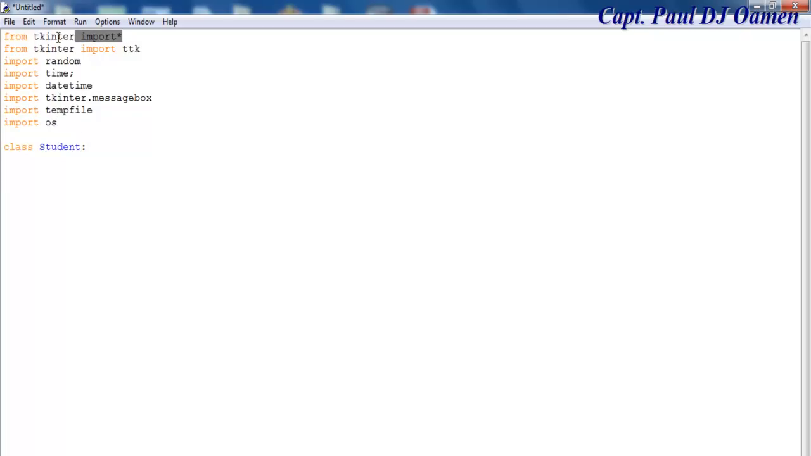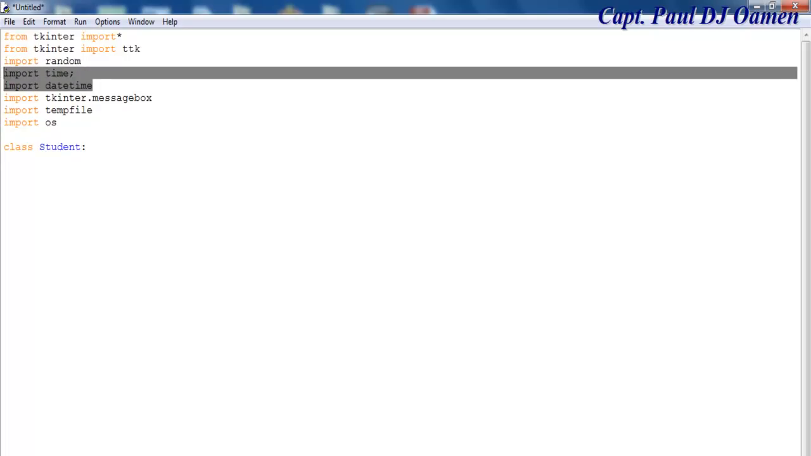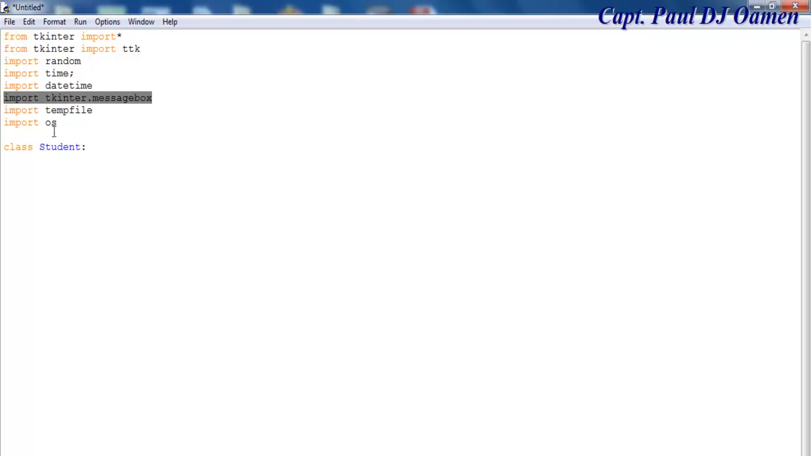This one is for the Tkinter library, and this is to do with components or widgets such as combo box and checkbox. That's for the random number generator. I'm going to be using this for date and time, and this is for my message box. So let's continue. The next thing is to define the following. Let's say define the init, and that is going to be